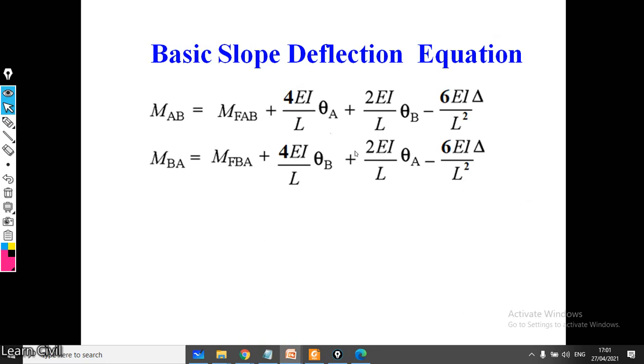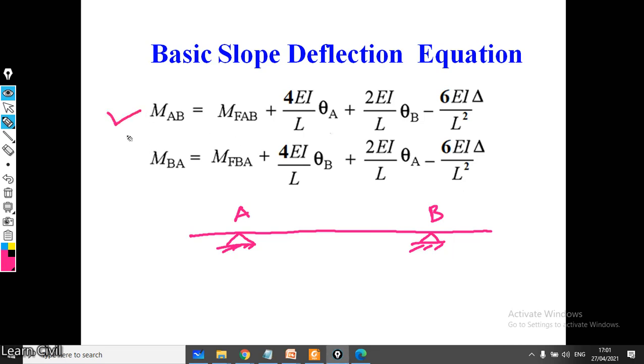Now in the slope deflection method, you have seen this is the typical equation. If we are having some portion of a continuous beam like this, let us consider this end is A and this particular end is B, then we will be writing the slope deflection equation for member AB like this. The final end moment for AB is equal to fixed end moment at AB